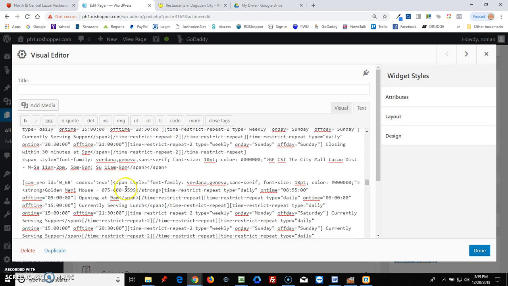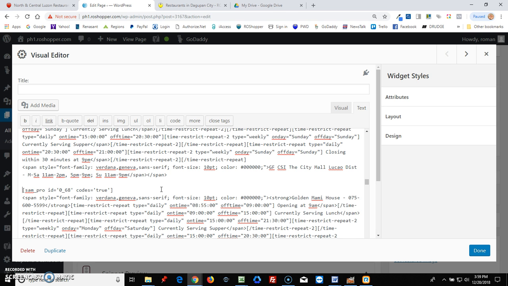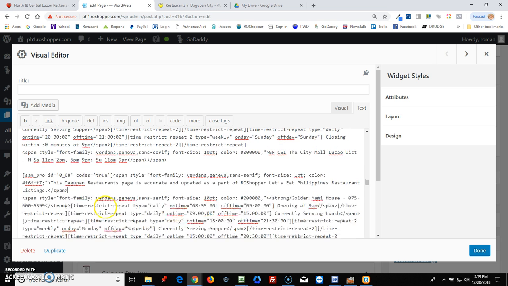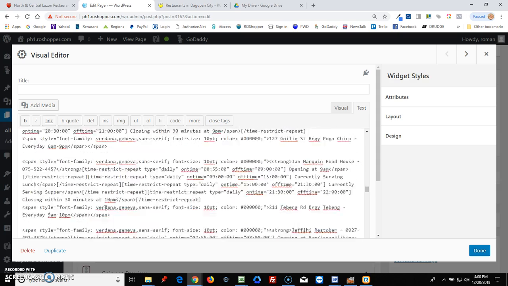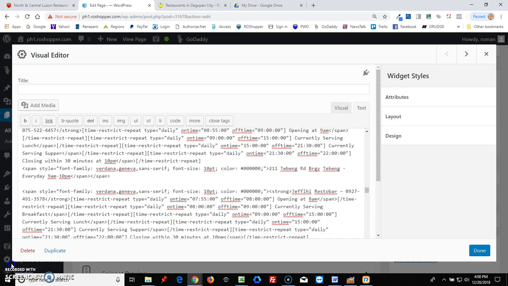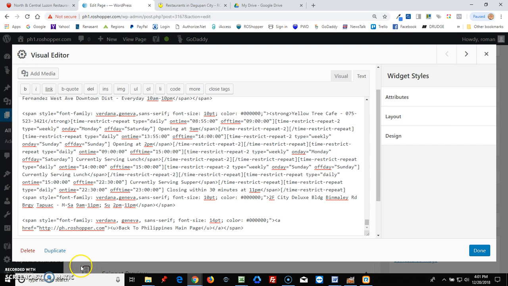Let's see, what's the next one? There it is. And come up right there and put it in. And there we go. I'm just going to pause this now and finish. Okay, now it's behind all of the SAM ads, and they're looking good. So now the next step is come back to our page and just start working our page